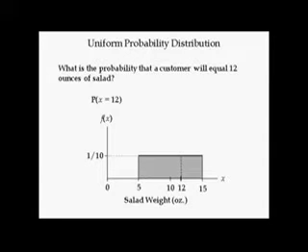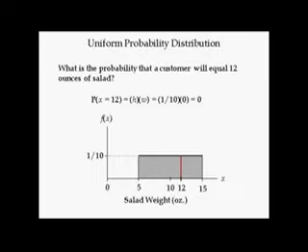The area of the red rectangle is equal to its height times its width. Since the width of the red rectangle is 0, we multiply the distribution's height of 1/10 by 0. The probability of a customer taking exactly 12 ounces of salad is 0. In Chapter 6, when we're talking about continuous random variables, the probability that x equals a number is always equal